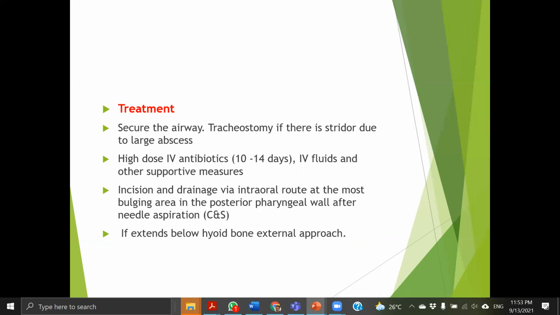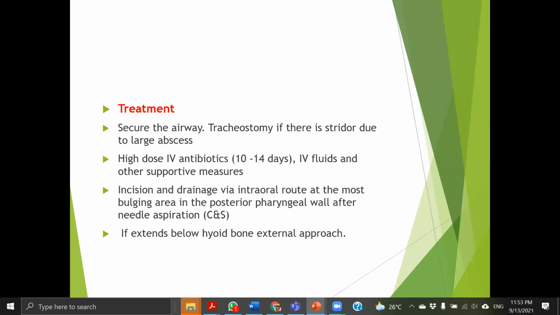The treatment: secure the airway if there is compression of the airway by large abscess. In such case, tracheostomy is done. High dose of IV antibiotics for 10 to 14 days, IV fluids and other supportive measures, incision and drainage of